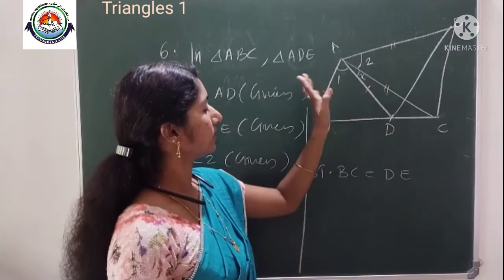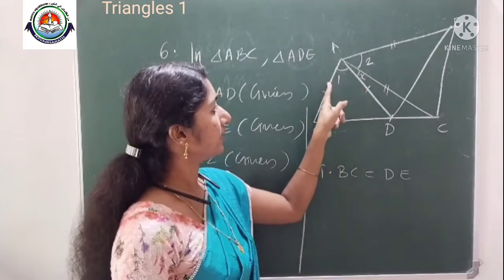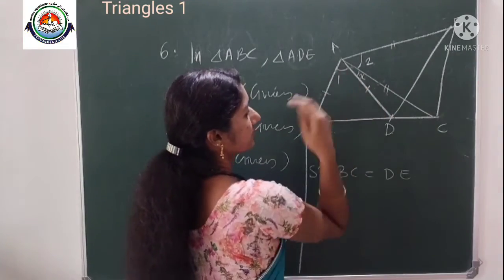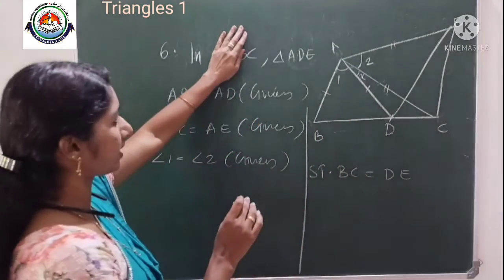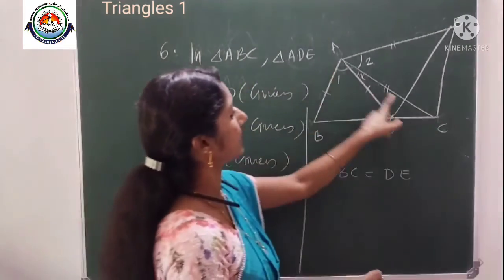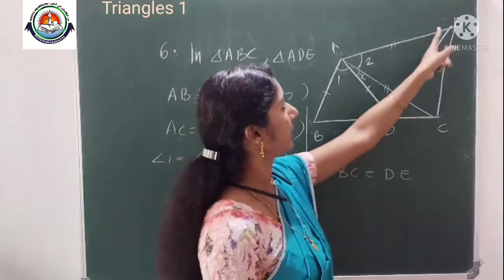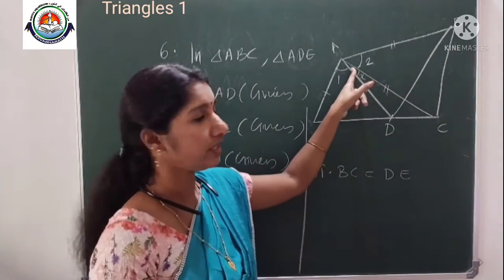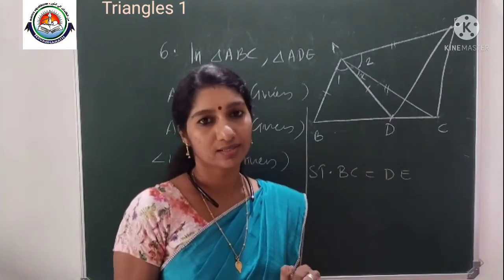So angle 1 equal to angle 2. We need angle 1 plus x actually. BAC we should get. These two sides are given and this should be the included angle. Which triangle? ABC. So we are thinking of the first triangle, its two sides are given, AB and AC. So angle BAC will be the included angle. In the same way, for the next triangle, AD and AE are given. So 2 plus x will be the next angle, meaning the included angle. So we need to get 1 plus x equal to 2 plus x. Then by the SAS criteria these two triangles are congruent.